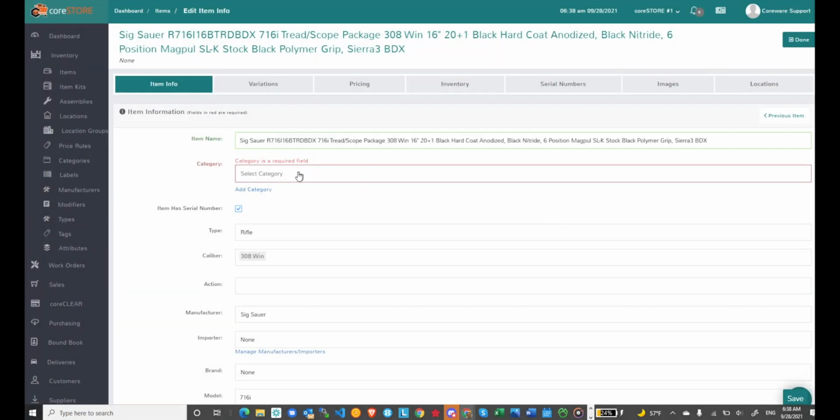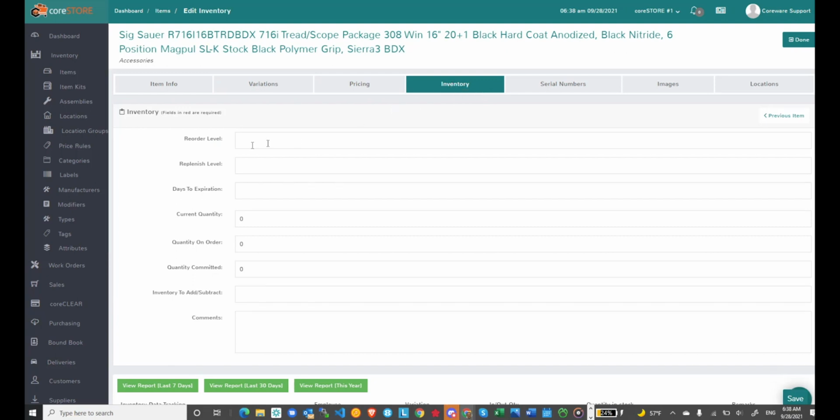Oh, it looks like I've chosen an item that's missing a category, so bear with me here. So I'll just go to inventory, and you'll notice this is my reorder level, my minimum, and my replenishment level, which is essentially my maximum. So what this means is if I put a 5 here and a 10 here, then when this item hits 5 or below as far as quantity on hand, and of course we take into account what's committed, right? Because we want to make sure that if a customer has a special order for this item, that counts, right? So I may have, let's say, 6 in stock but 1 committed. That will cause the reorder point to actually trigger,